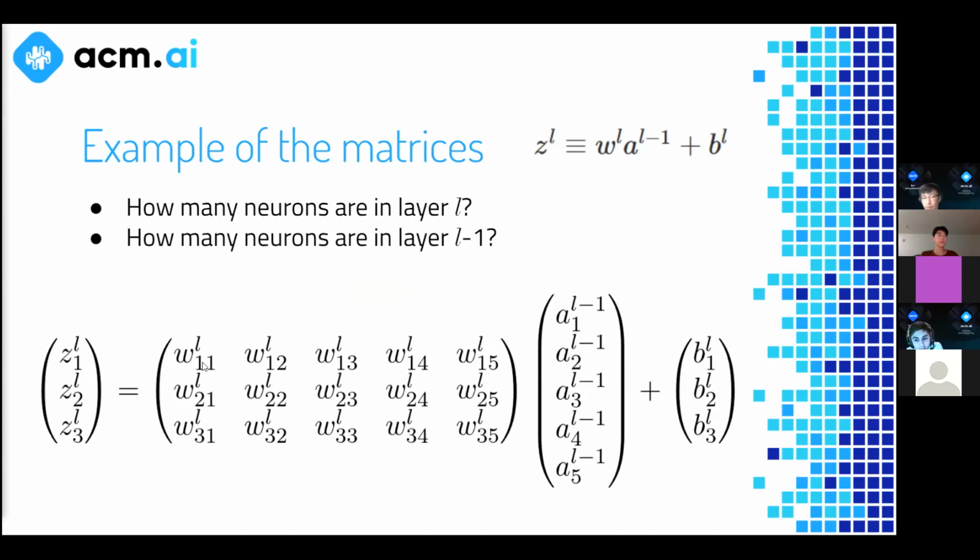Okay, first I'm going to ask you guys a question. Obviously this calculation is going to give us the weighted input for a certain layer in our neural network. So the two questions asked here are: how many neurons are in layer L? Layer L is the layer that we're trying to calculate the weighted input for. And then how many neurons are in L-1, which is what we're using to calculate the weighted input in L? So can someone unmute and give me your answers and a justification using what you're looking at in these equations?